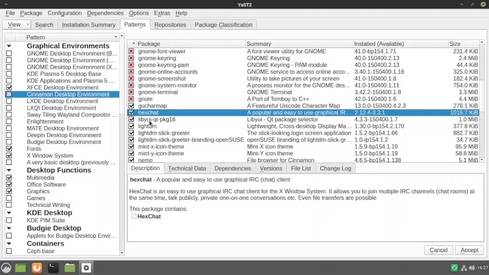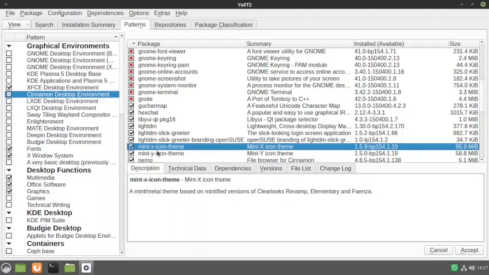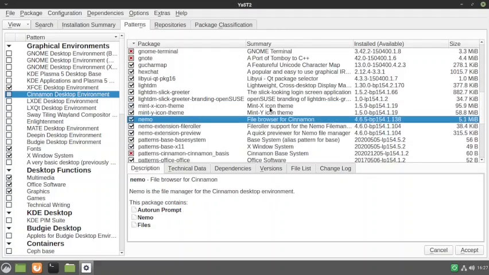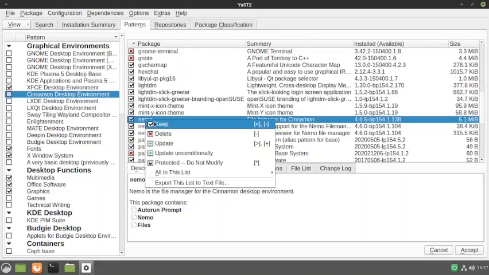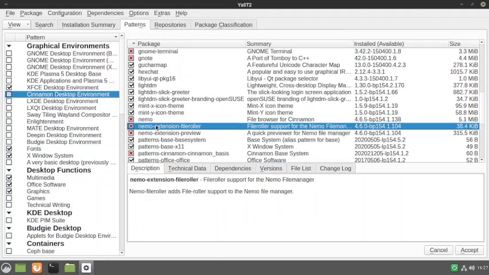Hexchat we can keep because Hexchat can work in XFCE also, and the LightDM is the display manager for XFCE, so don't touch it. You can uninstall the main text icon thing, but you can use it in XFCE also, I think. So you leave those icon things there as it is. You can uninstall Nemo. Nemo is the file manager for